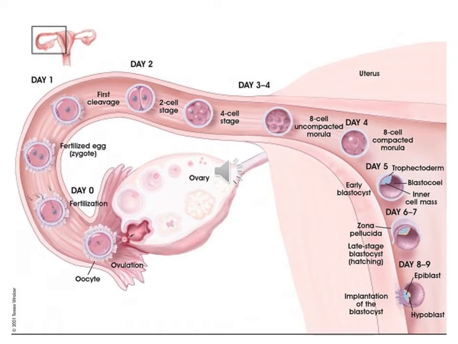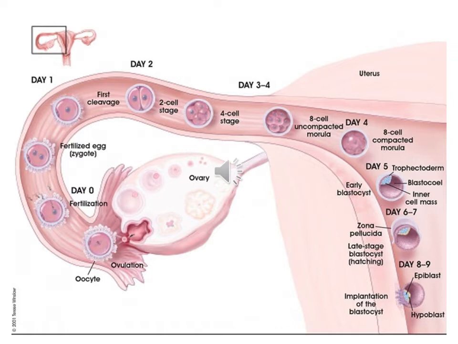It is released on the 14th day of the menstrual cycle. The next day fertilization occurs. So in the second structure, they have shown it as day 0. Fertilization takes place within the next 24 hours. Then the secondary oocyte is converted into the fertilized egg, or zygote. In the next 24 hours it starts its first division, and within the next 6 hours it completes the first cleavage to form two blastomeres. So it takes nearly 30 hours to form a 2-cell stage.